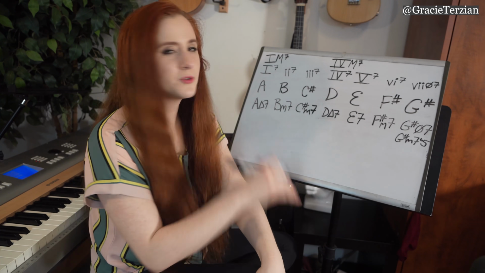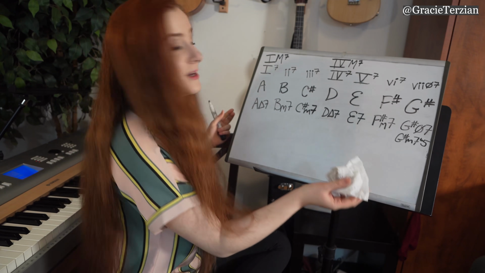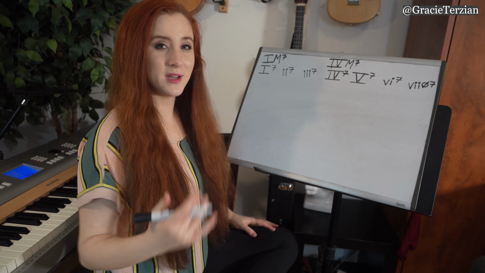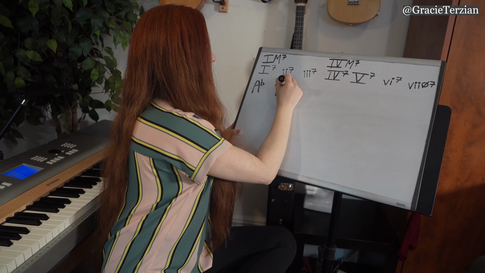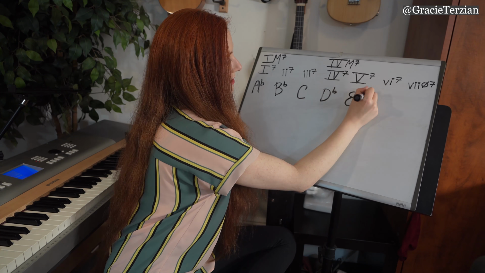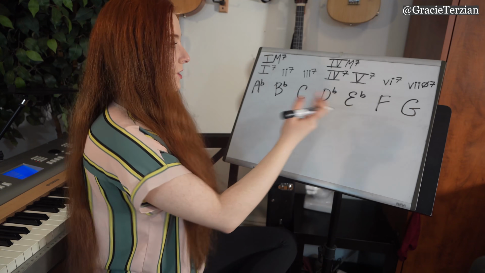Okay, so the last one we will do is, let's figure out the diatonic chords in the key of A flat major. So first I'm going to write out the notes in an A flat major scale. So A flat, B flat, C, D flat, E flat, F, and G. And the chords are,